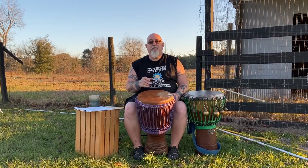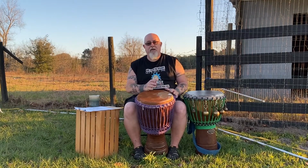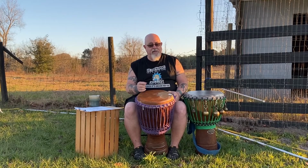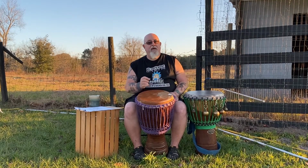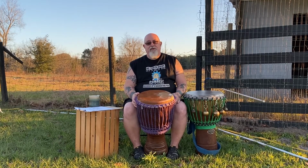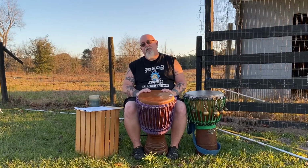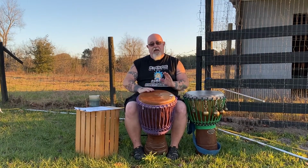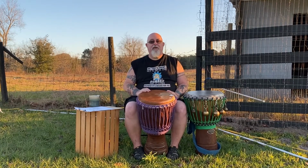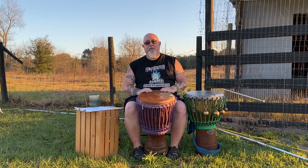This one is made up of a very simple expression: 1E and a. That's 1, 2, 3, 4, 5. This part follows the same structural idea as the bell part. It's a call and response. So whenever the bell plays on that downbeat, the 1, 2, then this part responds on the upbeat. So it's going to go 1E and 2E and 3E and 4E and 1E and 2E and 3E and 4E and 1E and 2E and 3E and 4E and 1E and 2E and 3E and 4E and 1E and 2E and 3E and 4E and